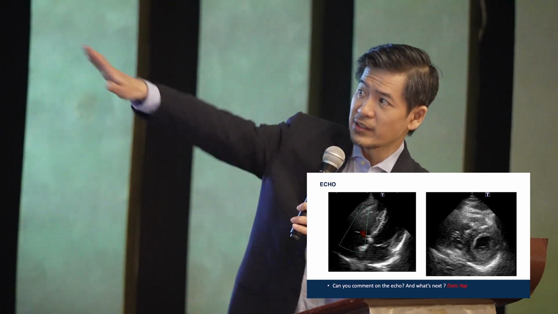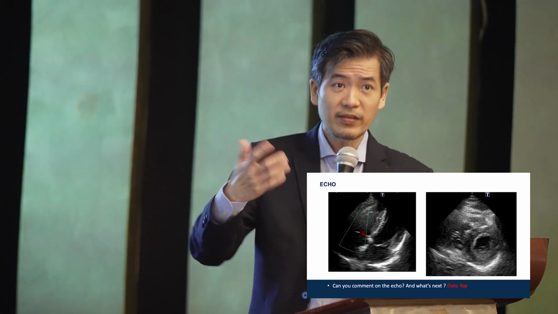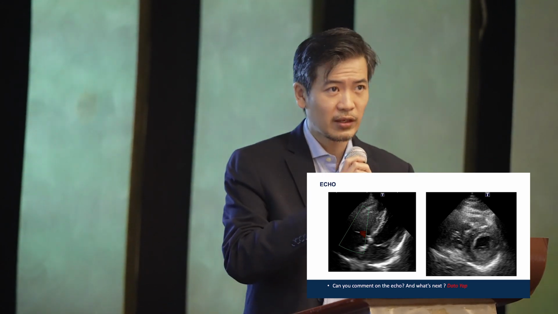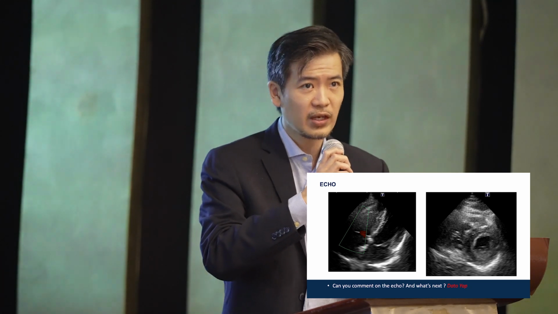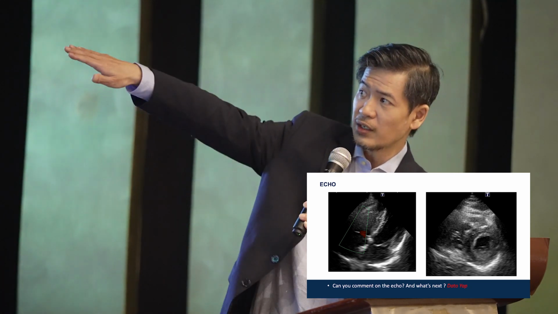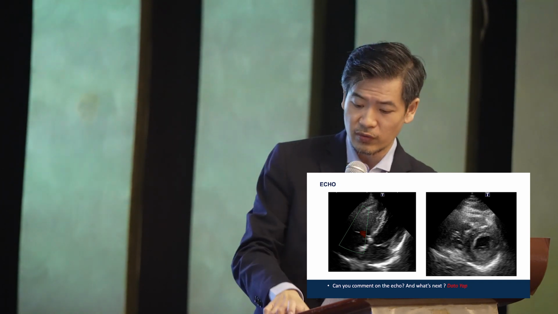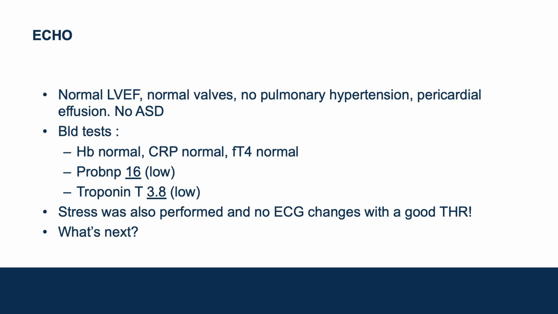But the short axis tells us that the pressure in the right ventricle is normal. Why is this important? Because sometimes in massive pulmonary embolism, if you do an echo at the bedside, if you see the RV being big enough and high pressure enough, it may push onto the septum and you get a D shape on the left ventricle, which we do not see in this patient. So let's just say it's normal LVEF, everything is normal, and there's no ASD, like I mentioned earlier.